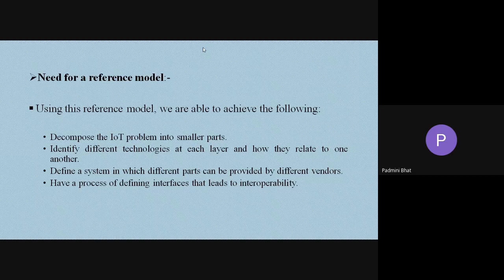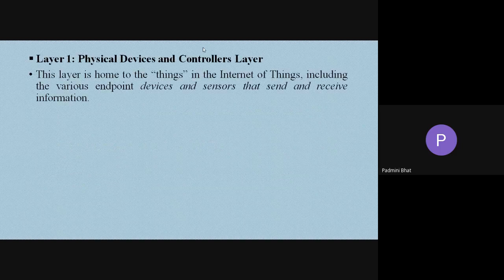Have a process of defining interfaces that leads to interoperability. And one more thing I forgot to add, it is easy to manage. If you have a standard model, then it is easy to handle. If a standard model is accepted by all vendors, then interoperability becomes very easy.